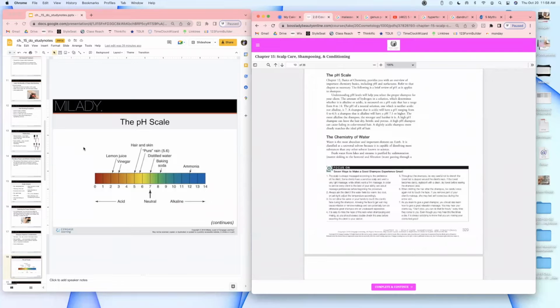It's hilarious. So the pH scale. The pH scale, as we discussed in chapter 12, in the basics of chemistry,